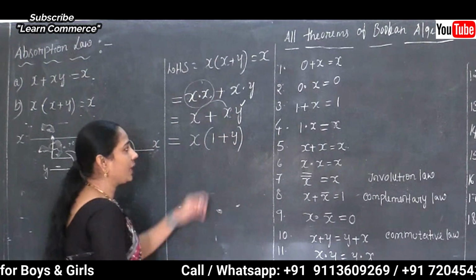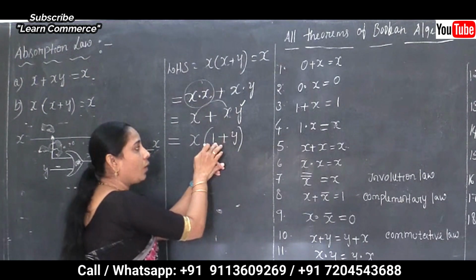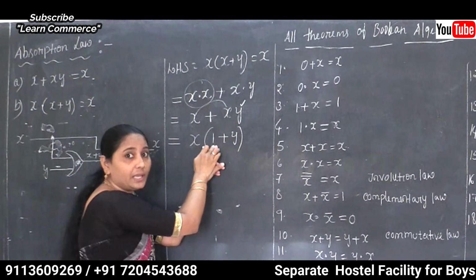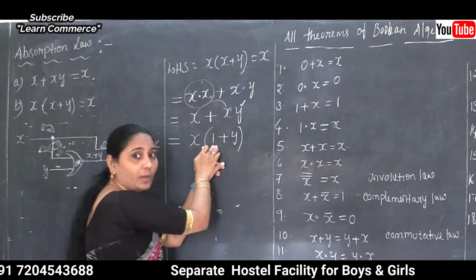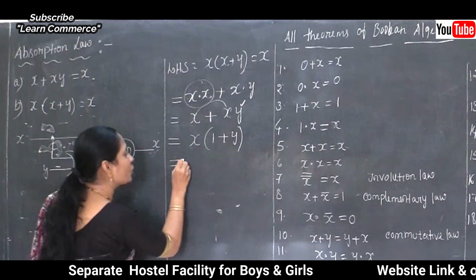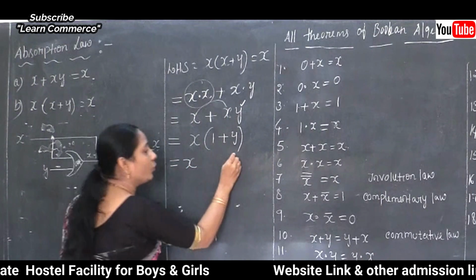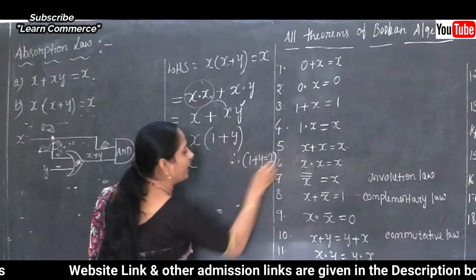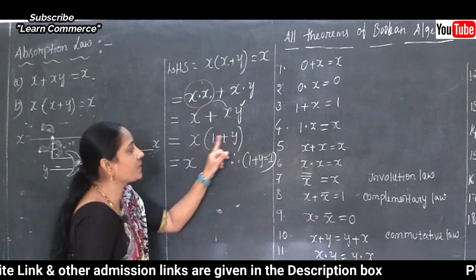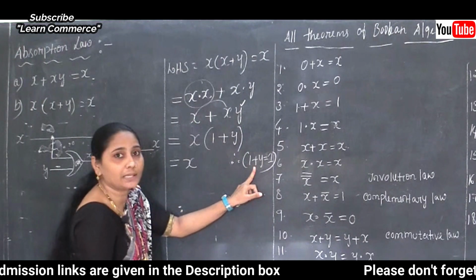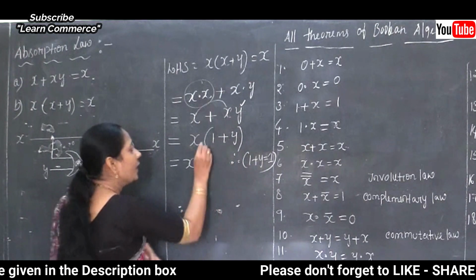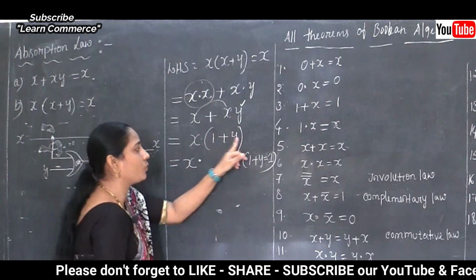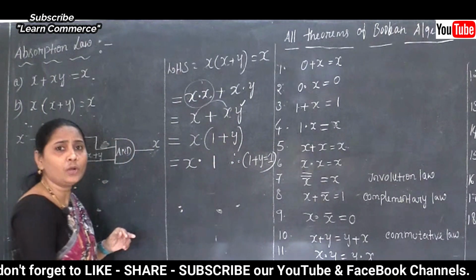So here we can say that the y, how we are going to take it by using the rules of Boolean algebra, that is 1 plus y. Okay, 1 plus y here, and next one x as it is. We know that therefore 1 plus y is equal to 1. Clear this point here, so 1 plus y, therefore we can say that is equal to 1. So the and symbol is there, we need to use the and symbol, 1 plus y, that is equal to 1 only.